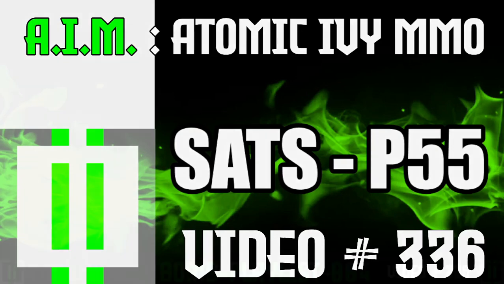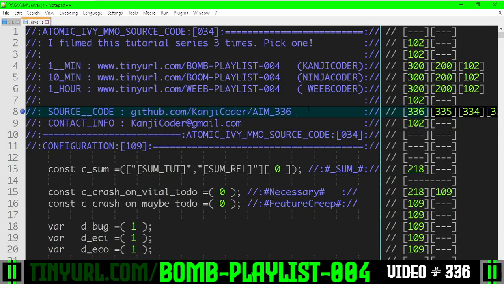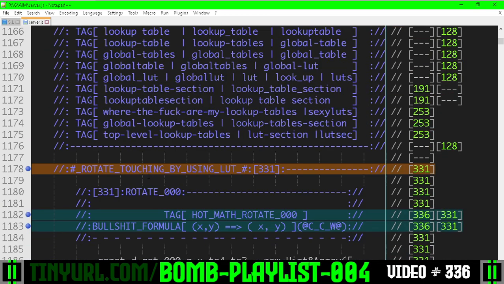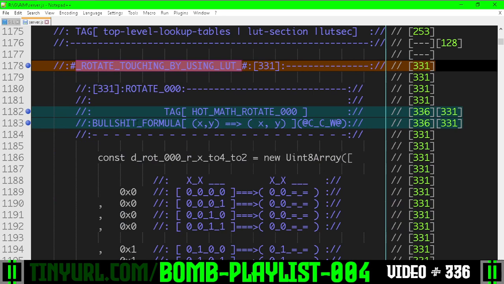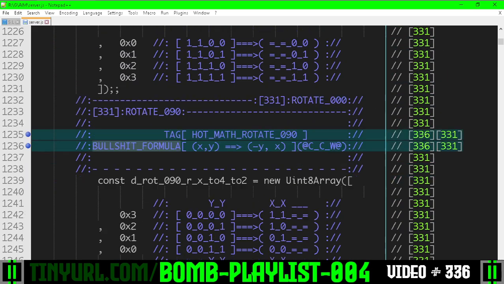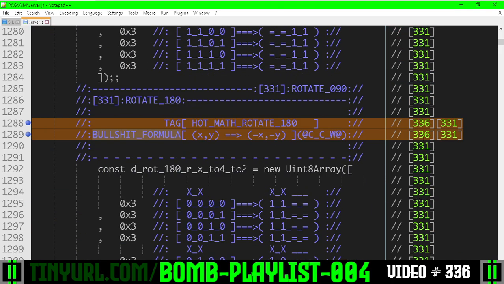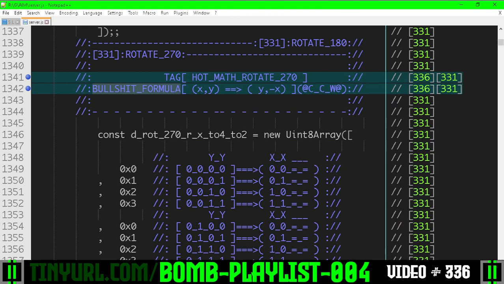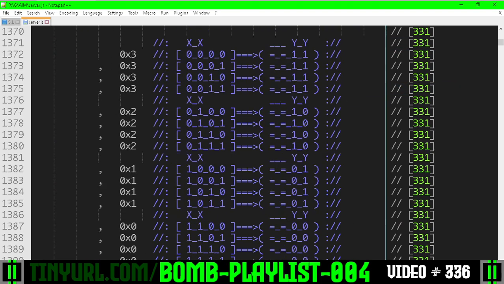We fucked up fundamentally. We made a fundamental design flaw. In the top level lookup tables section, within the rotate touching by using lookup table, all of these formulas that we decided to use, they're all bullshit. Every one of these formulas is complete bullshit because rotating a point around the origin in Cartesian space doesn't